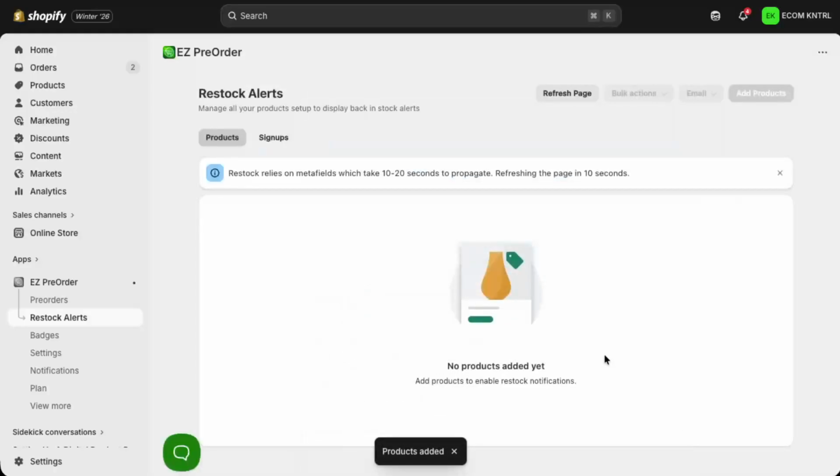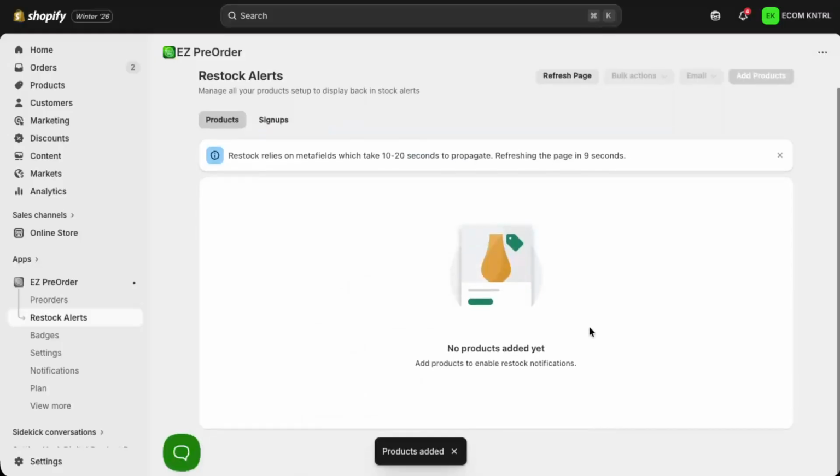At this point, your Notify Me when back in stock feature is live for those products. When an item is sold out, customers will see the notification option, enter their details, and the app will handle letting them know when you restock, helping you recover potential